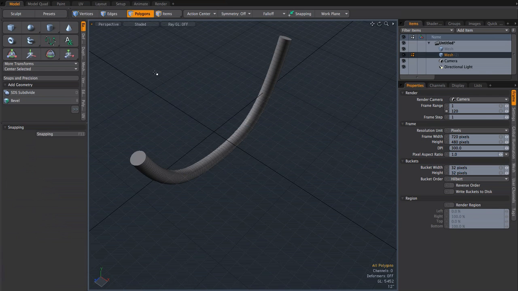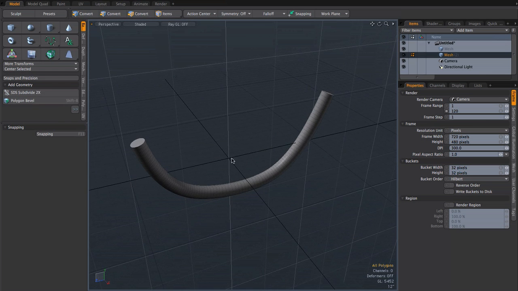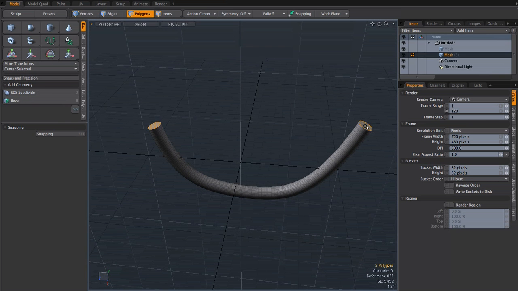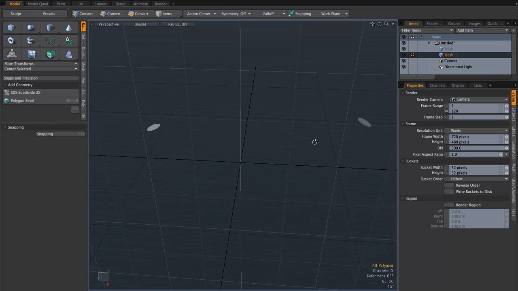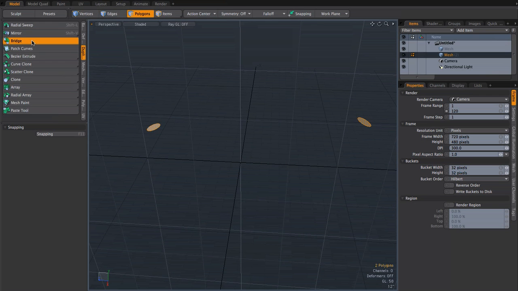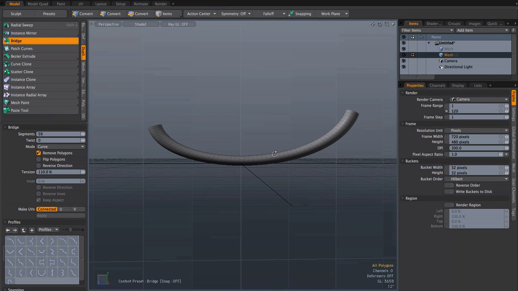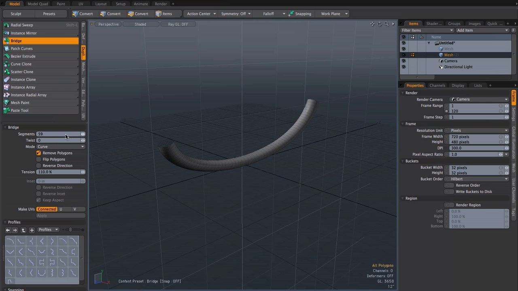Let's drop that tool, and the next thing I want to show you is the bridge tool. So let's copy these two faces here, and we'll delete this whole shape, paste it back in the window again, and you'll see the two faces. And select both faces, go to duplicate and bridge, and there you see it bridges between the two faces. Pretty straightforward. You can control the segments over here, and you can make a twist, and the